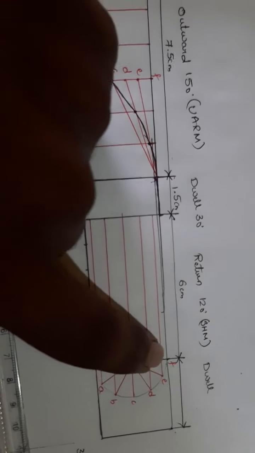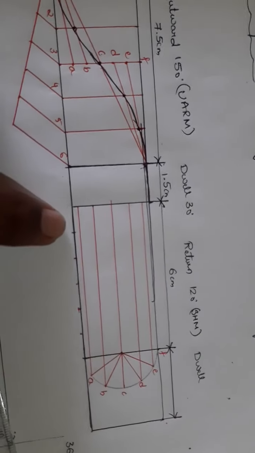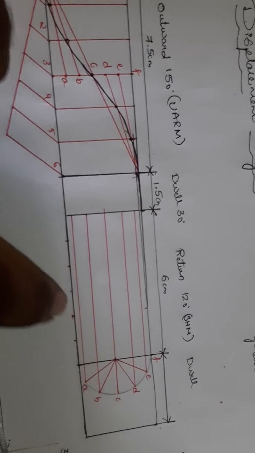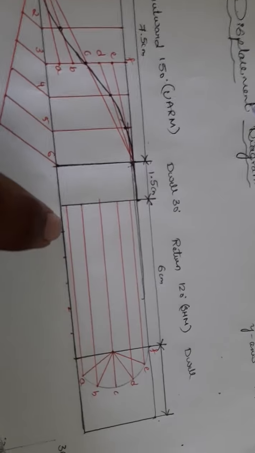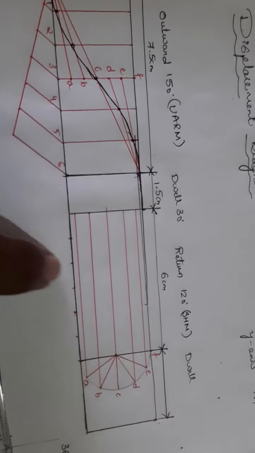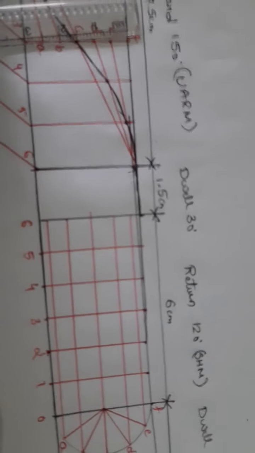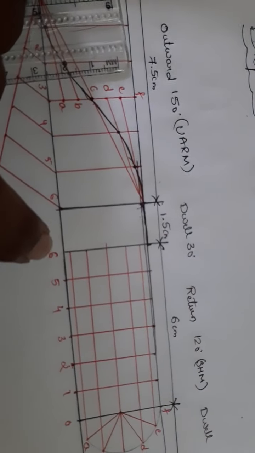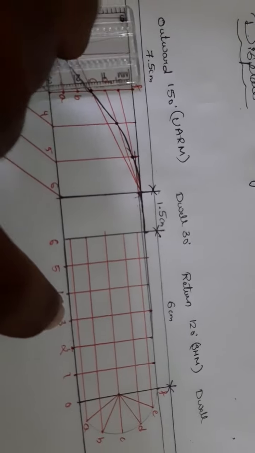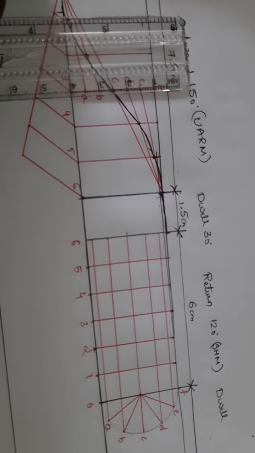Now once again, if this semicircle is divided into 6 equal number of parts, therefore this also should be divided into 6 equal number of parts. So the return part is 6 cm already. So mark a point at each 1 cm and draw vertical lines. Draw vertical lines from each of these points and name them from here starting 6, 5, 4, 3, 2, 1 and 0. You can name it the opposite way also.